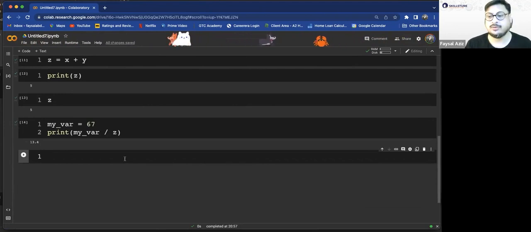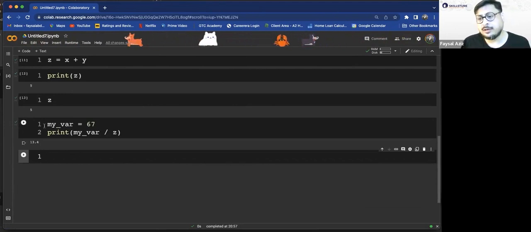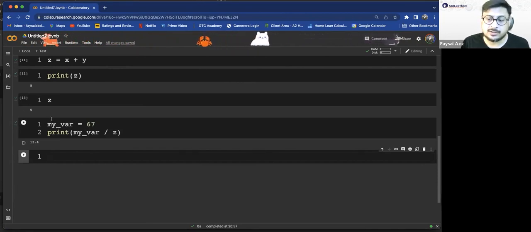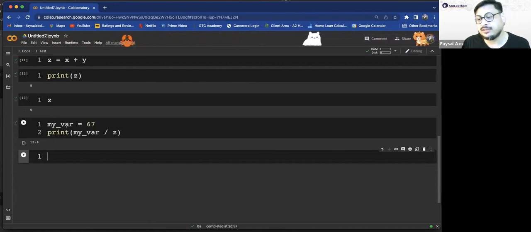So variables could be anything, as long as there's no space, as long as it doesn't start with a number, and as long as it doesn't use a word reserved by Python itself, such as the word print.